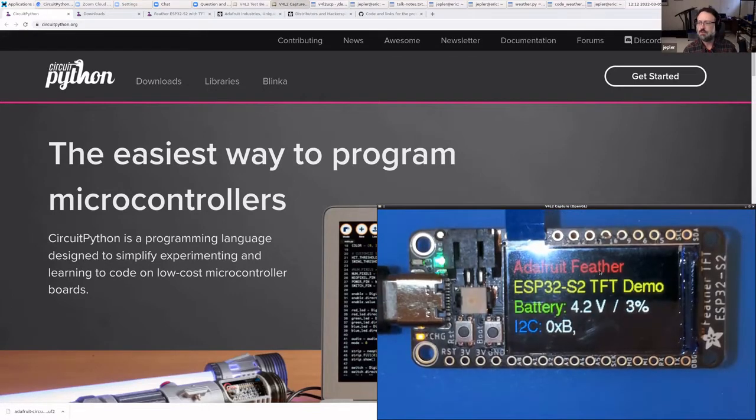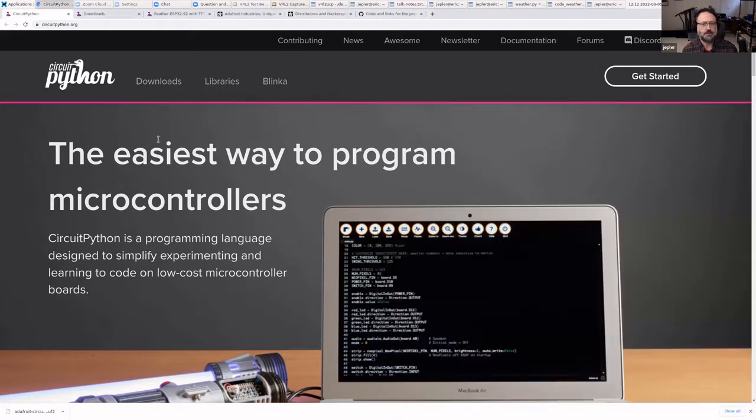All right, so this board is fresh from the factory, loaded with a demo that was created in the Arduino environment. And I am going to show you how to load CircuitPython on it and give you a quick view of the CircuitPython website. So the top line is the easiest way to program microcontrollers.